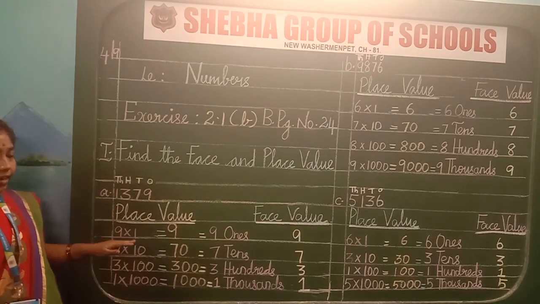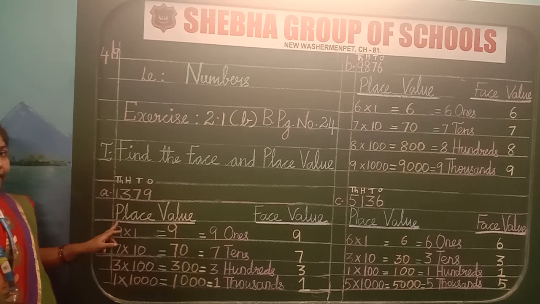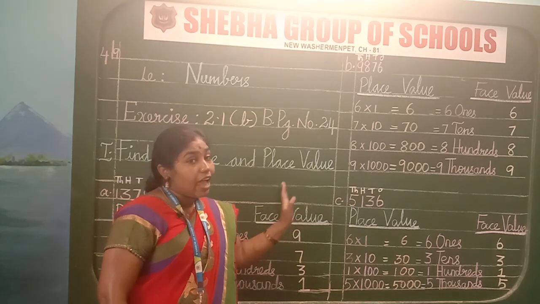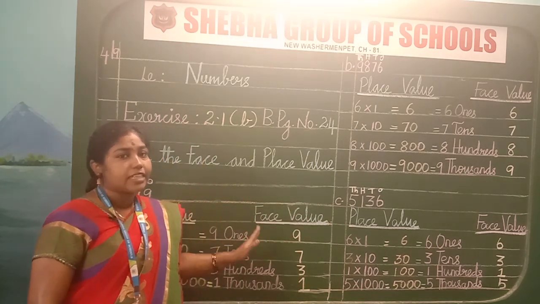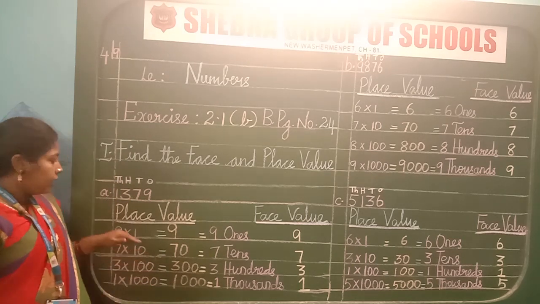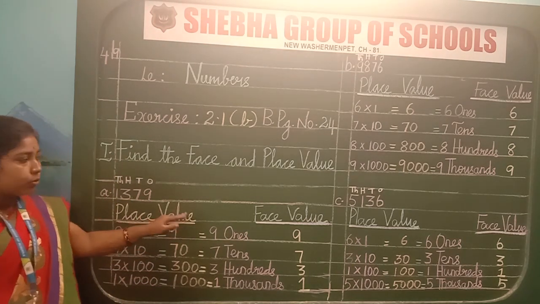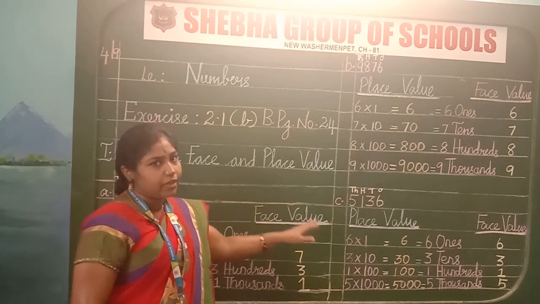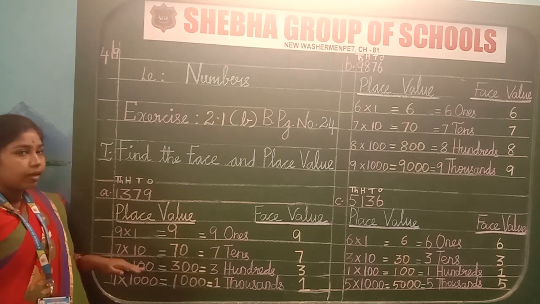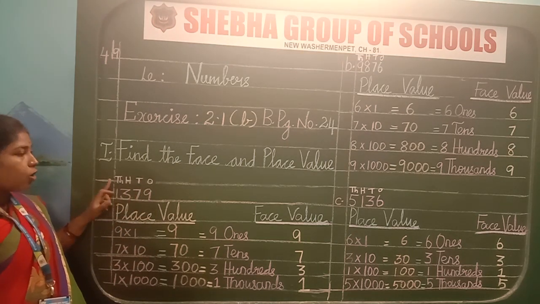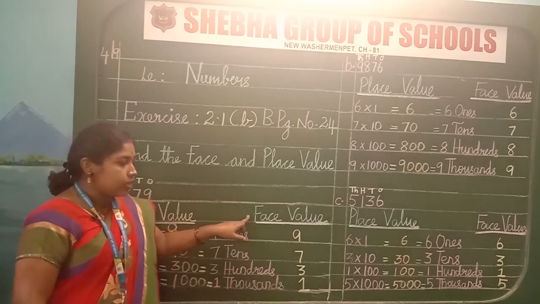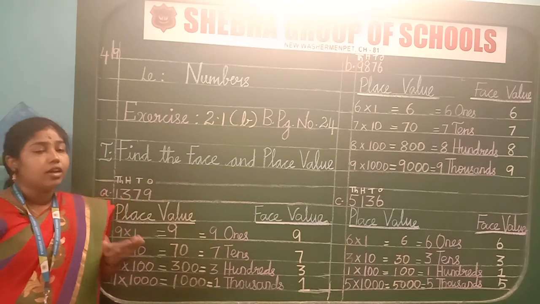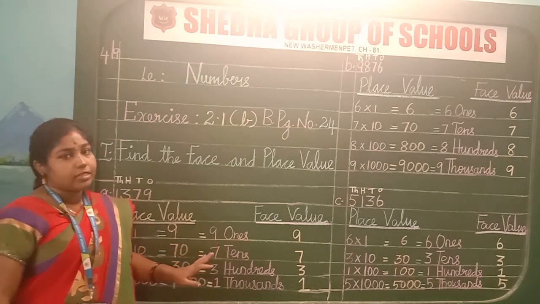In the next line, touch the margin and write the heading as place value. Leave sufficient space and after the margin, continue with the face value. Again, I am repeating, write the place value, leave sufficient space, and after the margin, write face value. So, place value is nothing but ones, tens, hundreds, thousands. Clear? Face value is the number which expresses the place value.